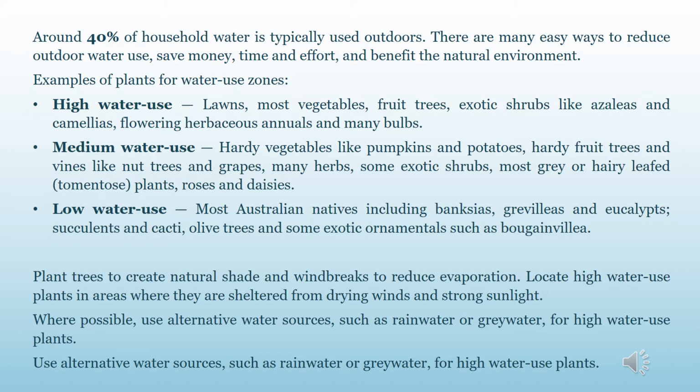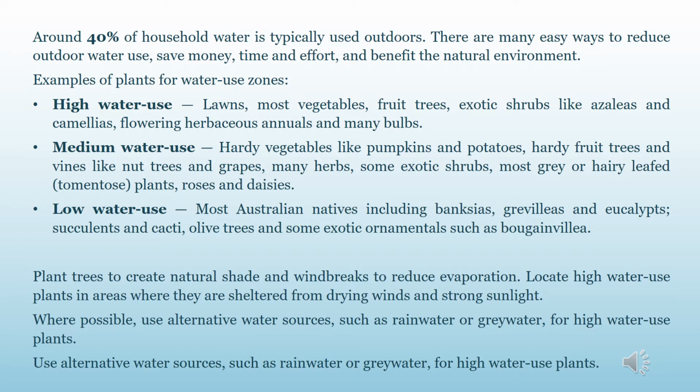bulbs. Medium water use: hardy vegetables like pumpkins and potatoes, hardy fruits like vines, nut trees and grapes, many herbs, some exotic shrubs, most grass or hardy leaf plants, roses, and daisies. Low water use: most Australian natives including banksias, grevilleas, and eucalypts, succulents and cactus, olive trees, and some exotic ornamentals